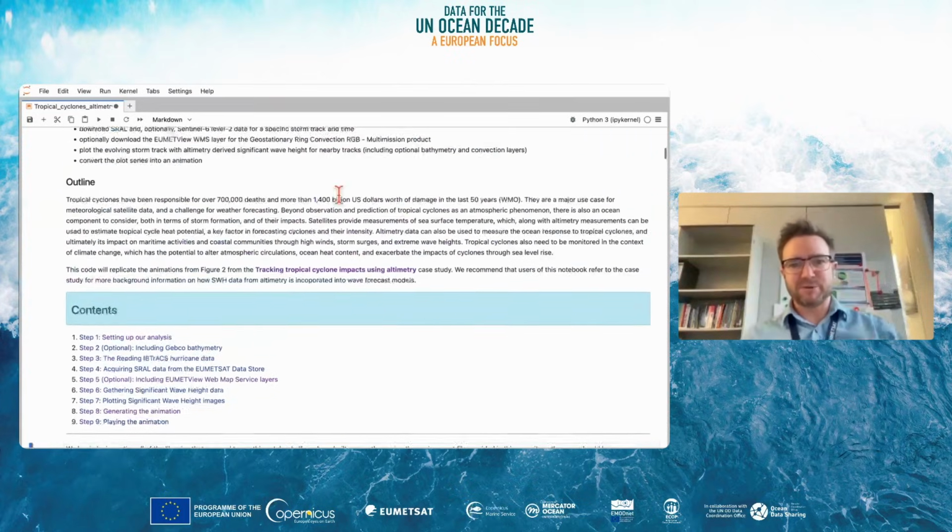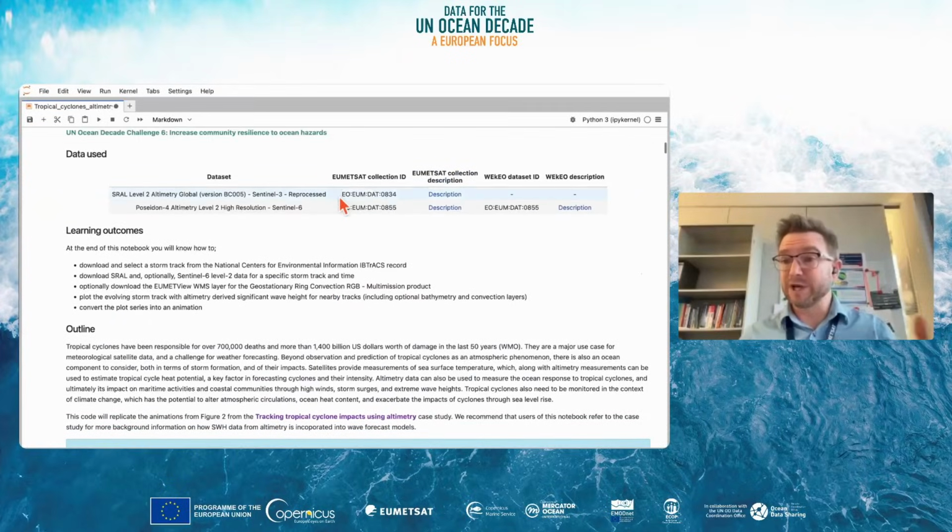And the job we want to do really is as follows. We're going to go fetch a cyclone track from 2023, in the default case Cyclone Freddy. We're going to plot the track of that cyclone, have a little look at the specifics of that cyclone, and then we're going to get all the altimetry data and the significant wave height associated with those altimetry tracks, to look at what the effect on the sea surface roughness and the significant wave height was as that storm passed by. So we're going to look at two primary data sets, and they are the level 2 altimetry